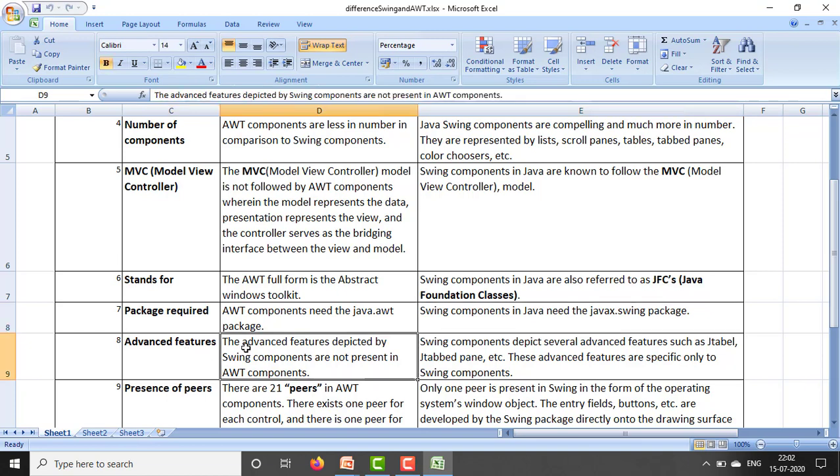Advanced features: the advanced features depicted by Swing components are not present in AWT components. Swing components depict several advanced features such as JTable, JTabbedPane, etc. These advanced features are specific only to Swing components.